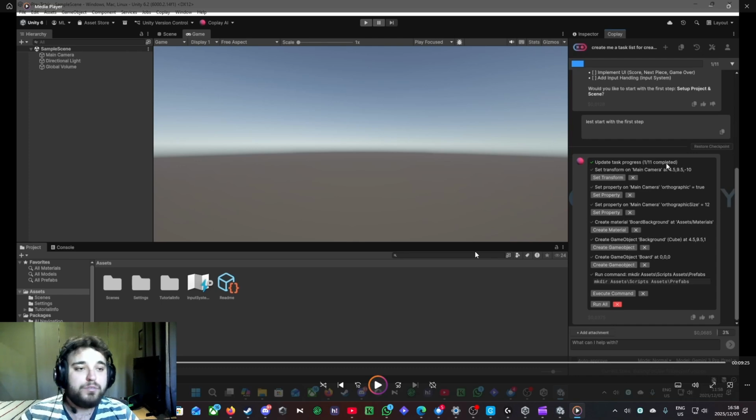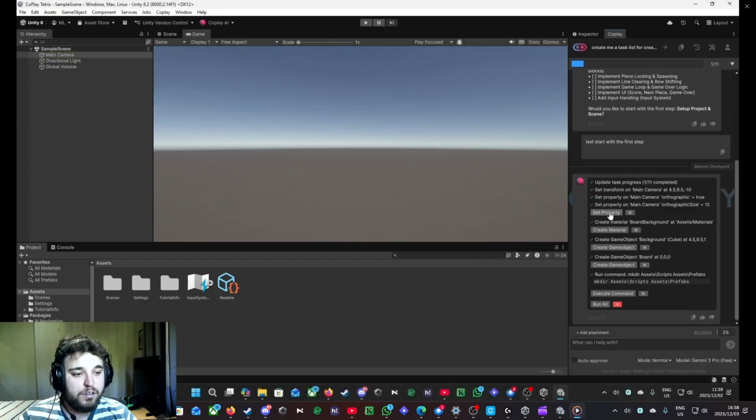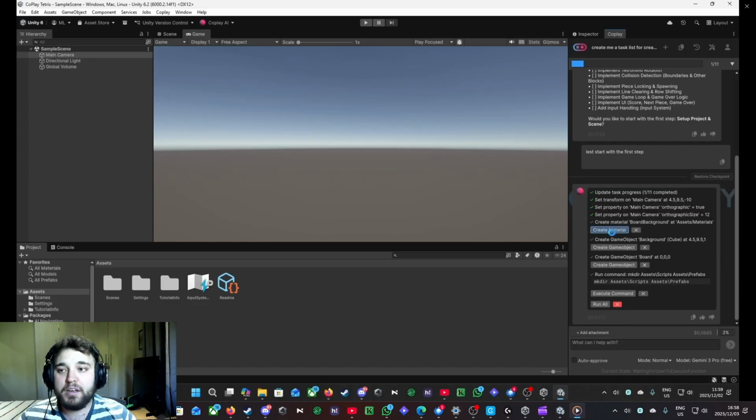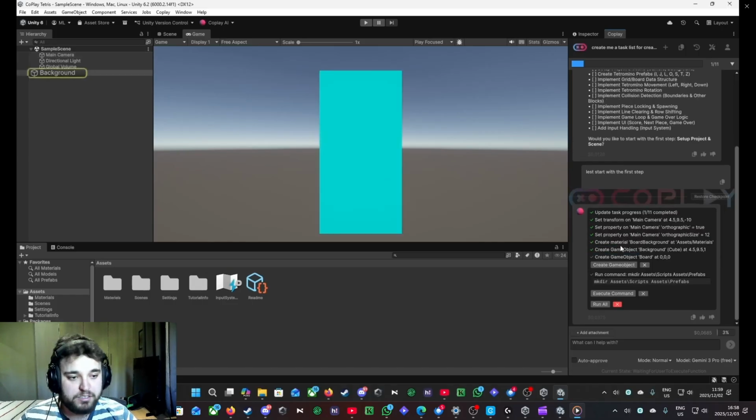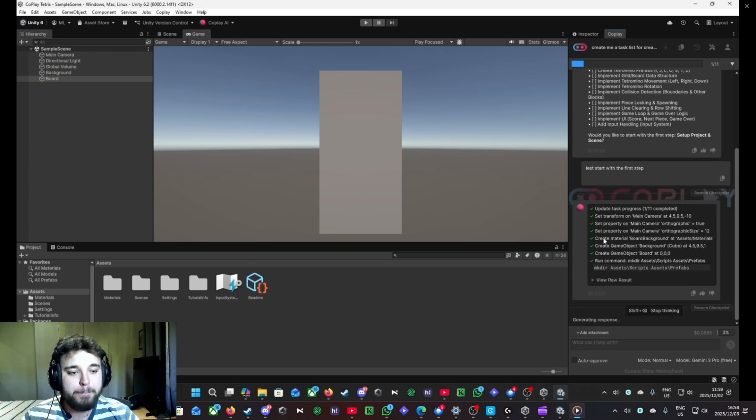So here you can see with the first task starting with, it is setting the camera position and setting its view to orthographic, and then changing that size and adding base materials for the board background, adding the background cube and adjusting the size, and creating a basic cube prefab to later adjust for the objects. Okay, now it's moving on to the next step,